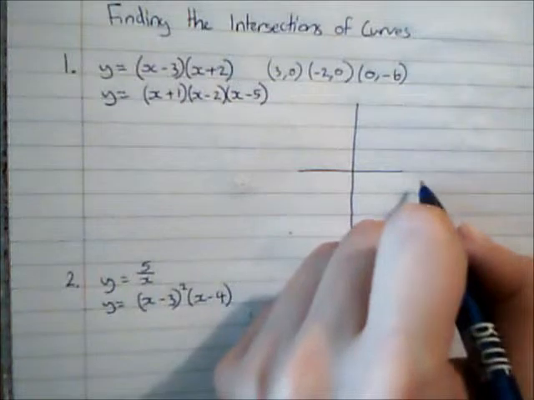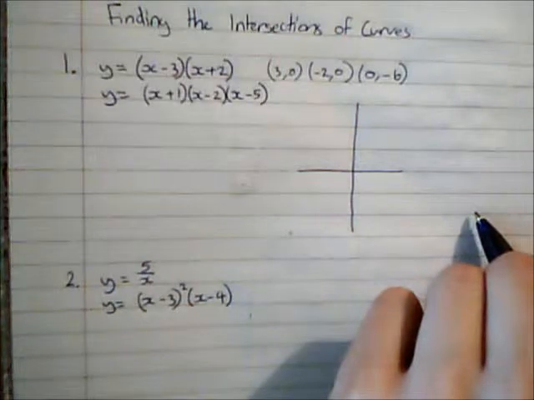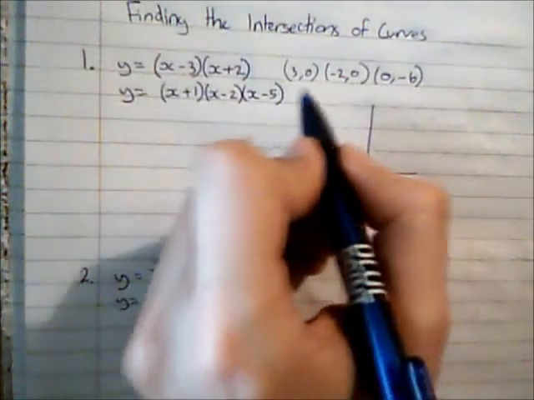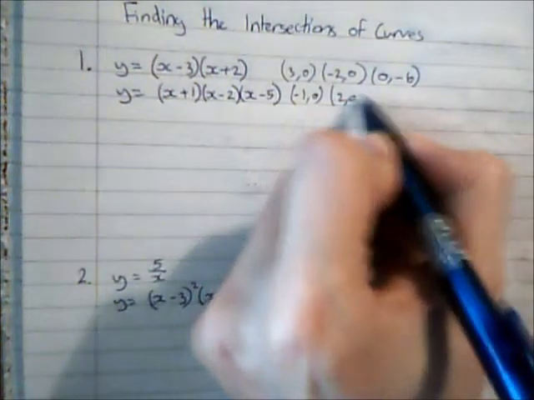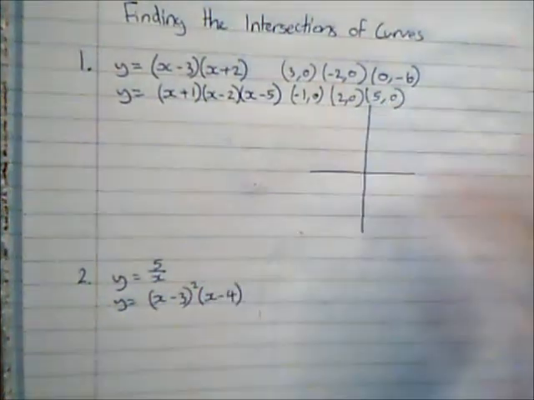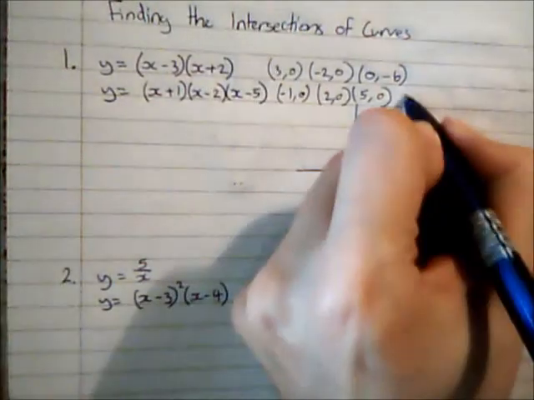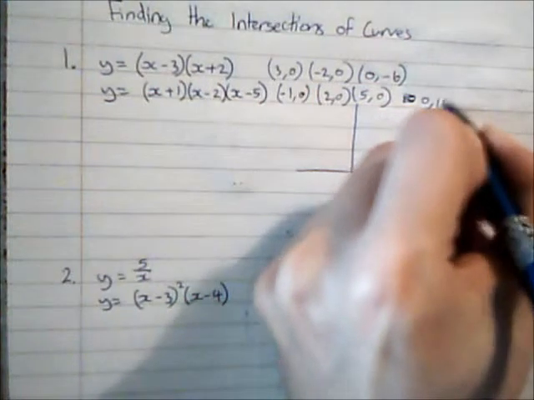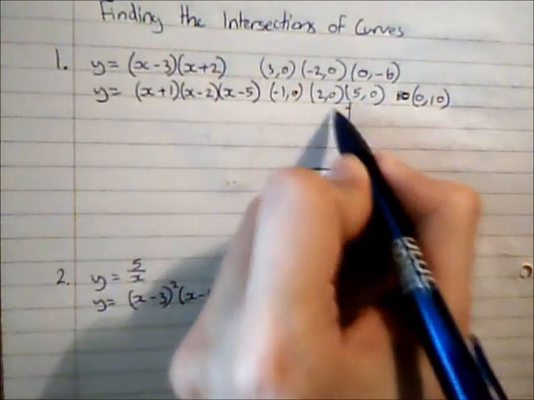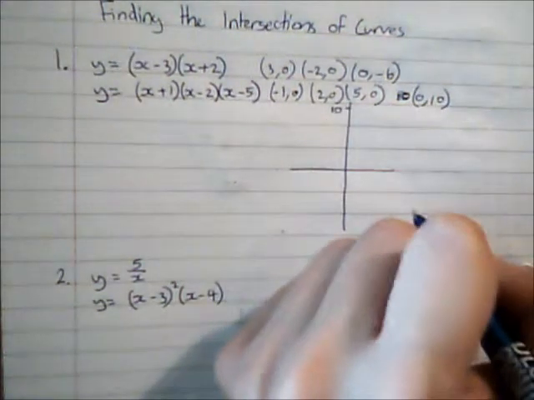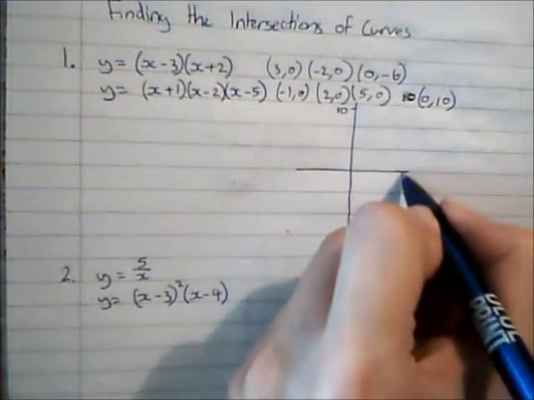So I'm going to do a set of axes. I'm just going to wait for a moment before I actually put this on, because I'm going to check my second function to get an idea of the scale I need. So this has solutions at (-1, 0), (2, 0) and (5, 0). And then if I substitute in x equals 0, I will get (0, 10). So I'm actually going to end up with 10 as the highest point I need to use, and that's for the cubic, and it also crosses at 5,